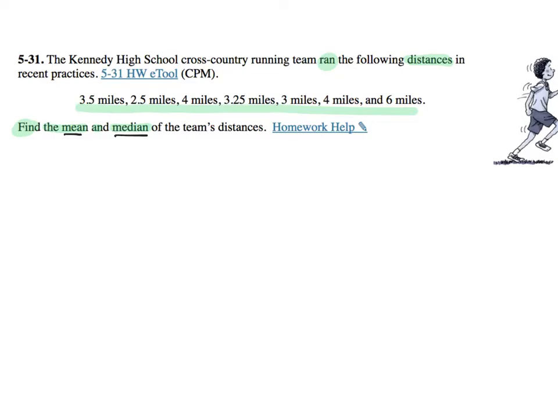So let's review what the word mean means and the word median. Actually, pause the video and search it either in your notes or even Google. What does it mean to have mean and median? So mean represents average, so we can write the word average in your notes. And then median is like the middle number. But to find the middle number, you have to order them. So middle of the ordered